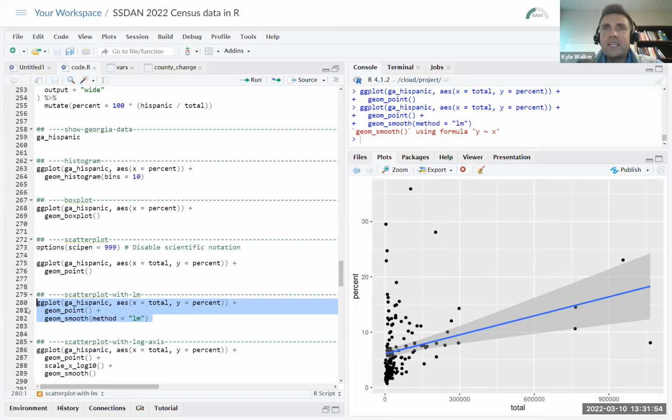Now, this is, again, exploratory. You might be asking questions about, well, is that relationship truly linear? Is it appropriate to consider it using method equals lm? This is the type of iterative process that visualization helps us with. And another issue